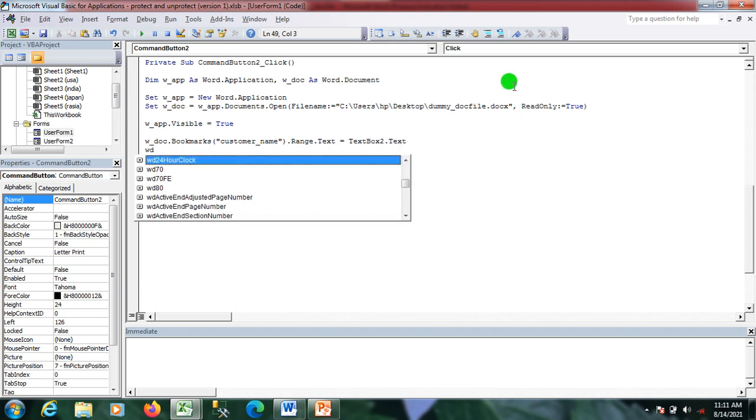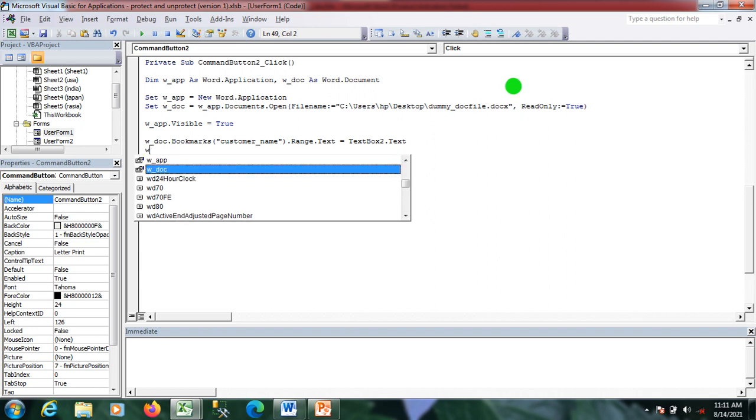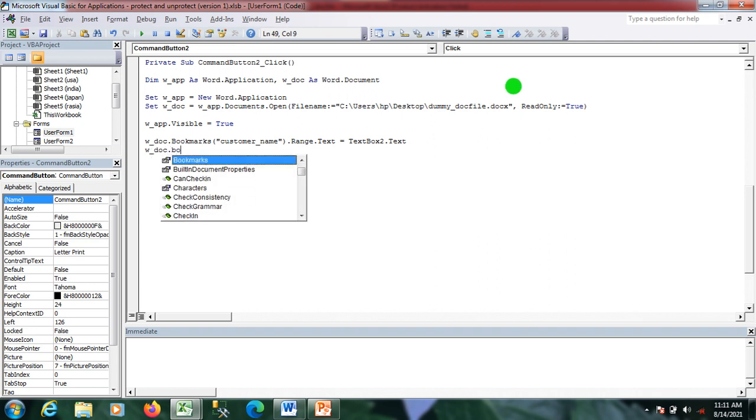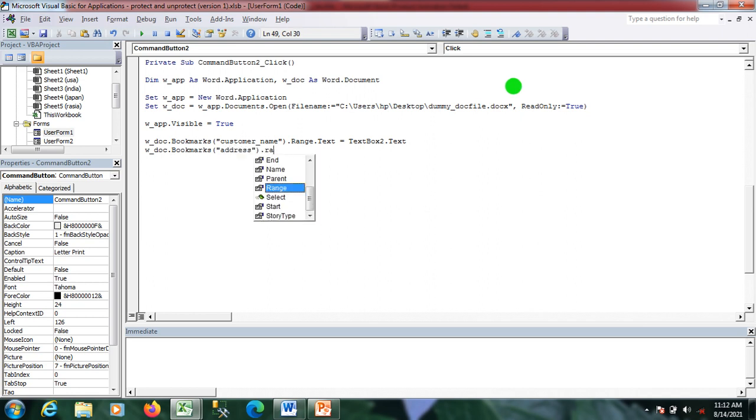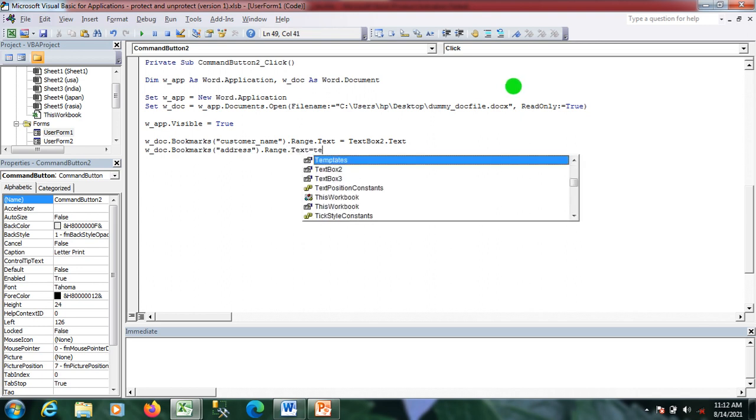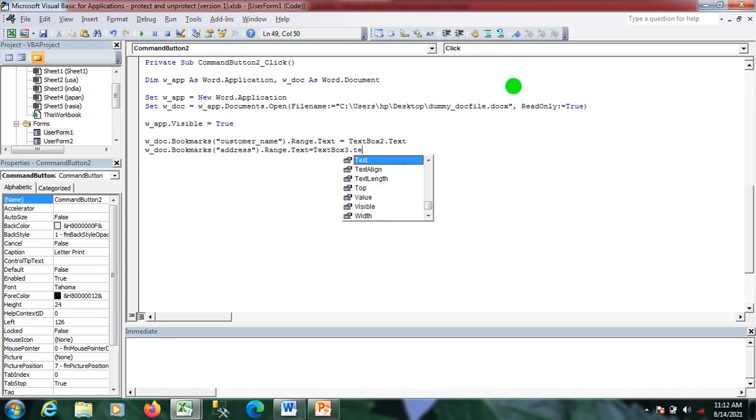And I have another bookmark, that is address. Here also .Range.Text equal to TextBox3.Text. Now I'll save this document with a new name, using SaveAs.